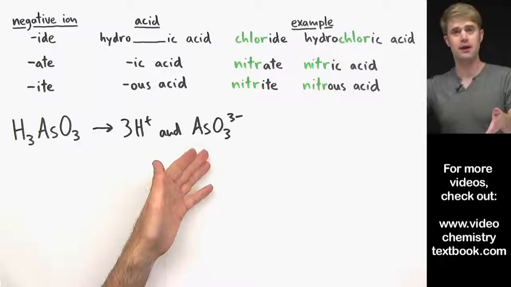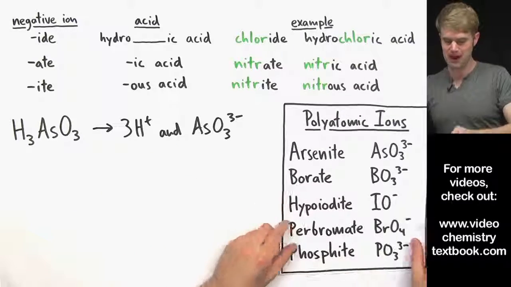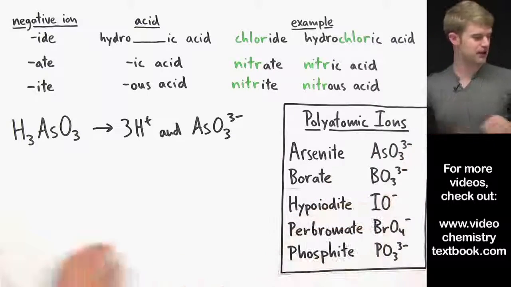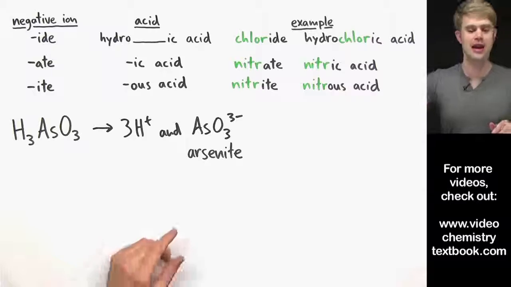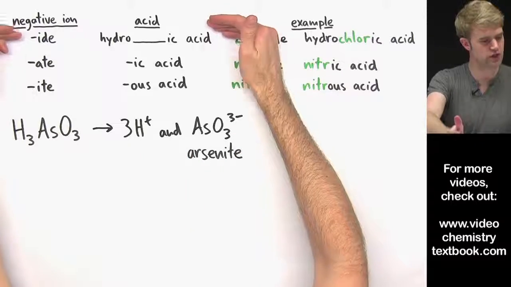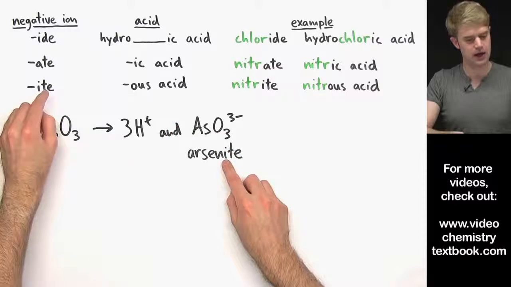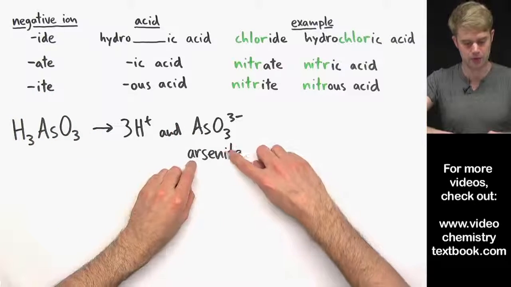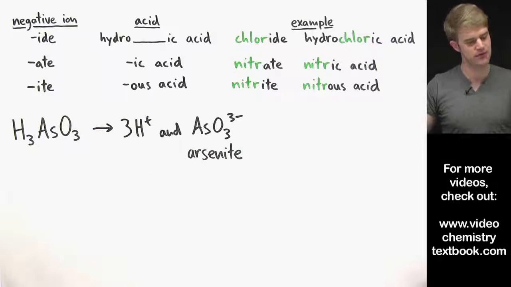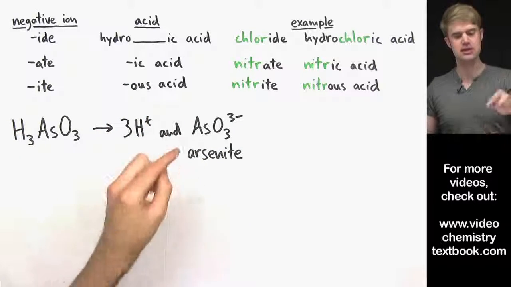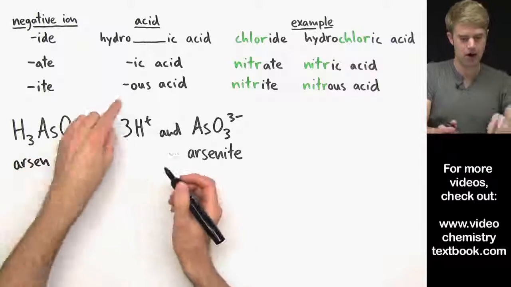This is a polyatomic ion. I've got to figure out what its name is. So let me pull out this chart. AsO3 3 minus is called arsenite. Now that I know the name of the negative ion, I can go to these rules. Which of them do I want to use? I want to use this one here, where the ion ends in ITE. I'm going to remove the ITE and put on OUS acid. So the name of this acid that contains this negative ion is going to be arsenous,